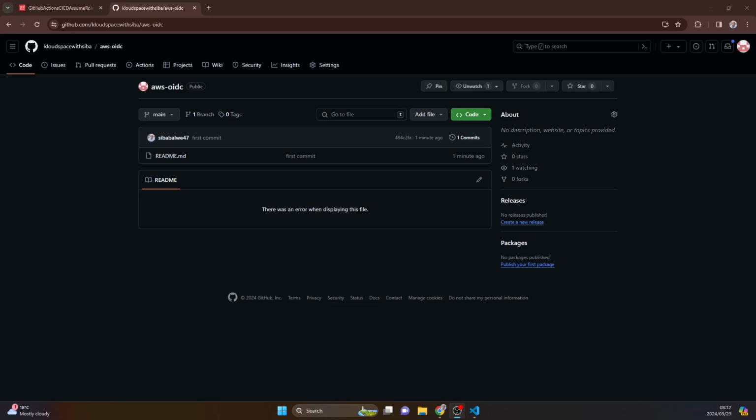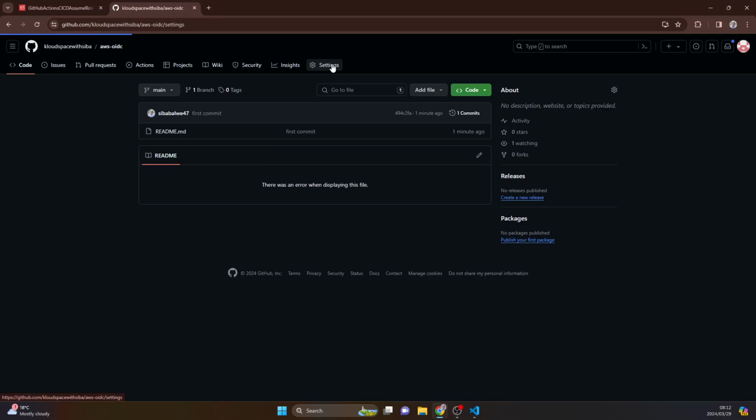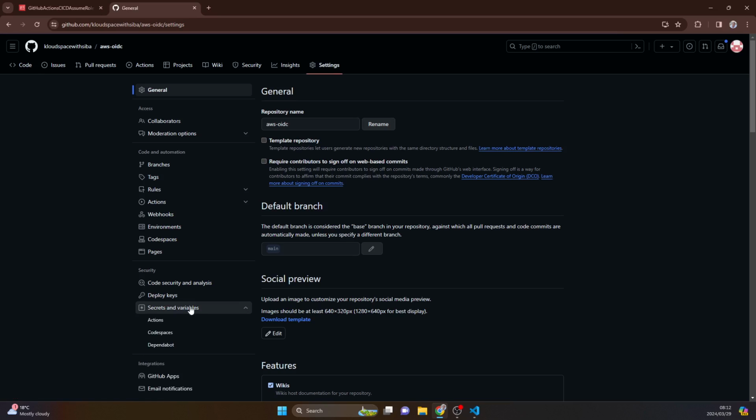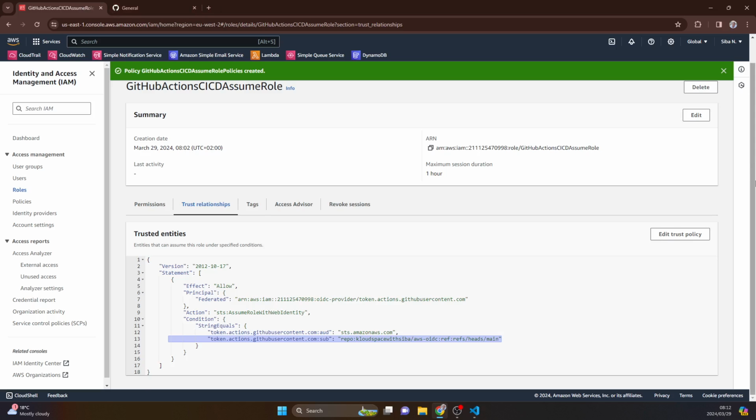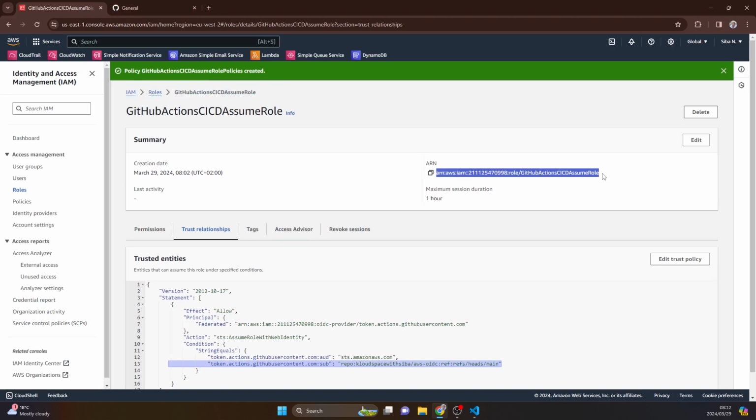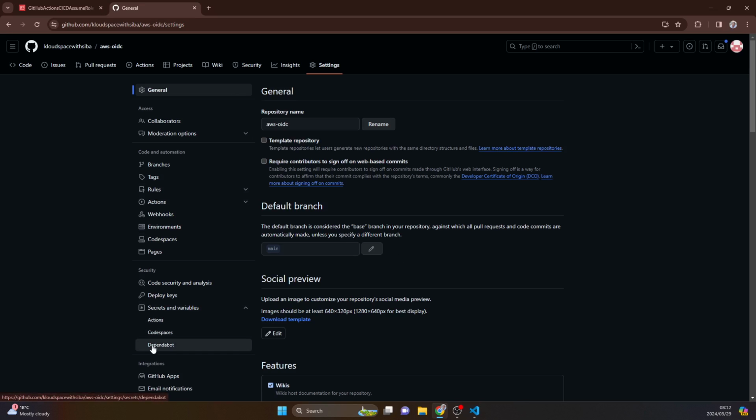In this video, we are going to add some other configuration into our repository. What I mean by that is we're going to add some secrets, and those secrets are going to be two things. Number one, a default region that we're going to use throughout our workflow. But also importantly, we're going to have to bring in the ARN of this role here, because that's the role we're going to put in our workflow for GitHub Actions to be able to assume. So let me just copy that now and come to secret actions, and in there I